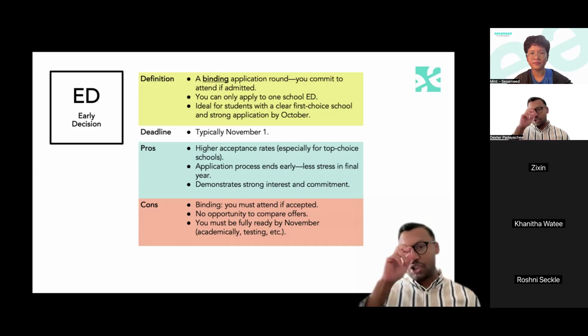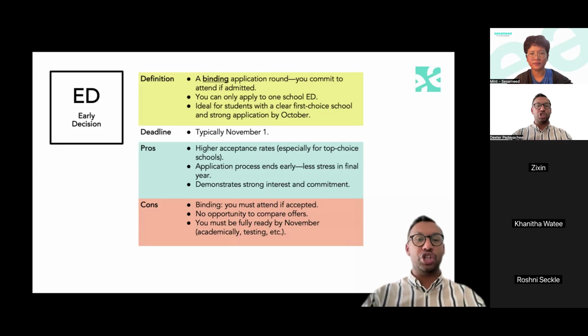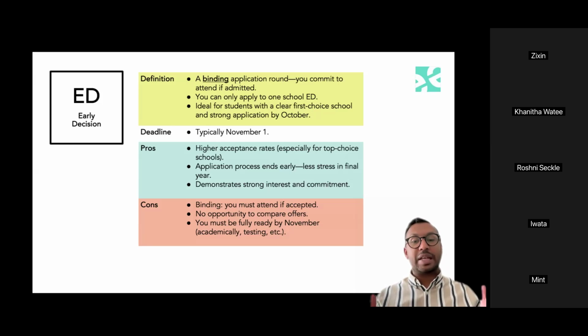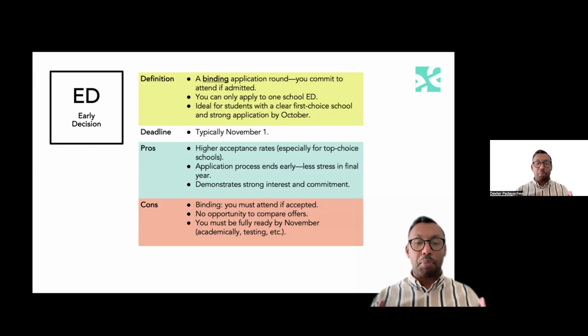And what's really important to keep in mind, I'm actually going to jump into the cons really quickly. It's so important that your application should be ready by November. This means that as an applicant, you have a shorter window within which to prepare your application. Typically speaking, students will start their early applications in June or July, so during the summer, so that by the time the application is due, come November 1 or November 15, the application has gone through various iterations where the essay is improved over time.